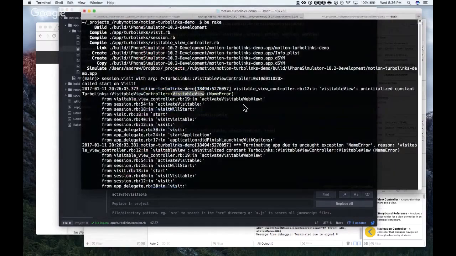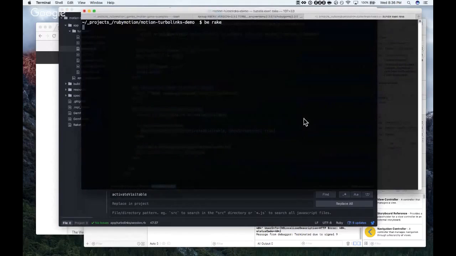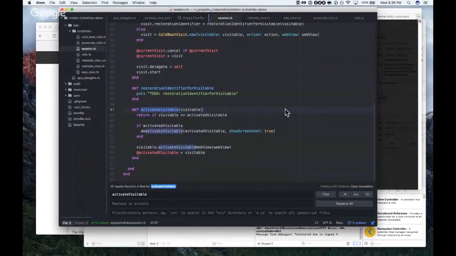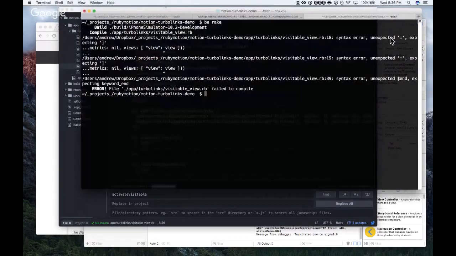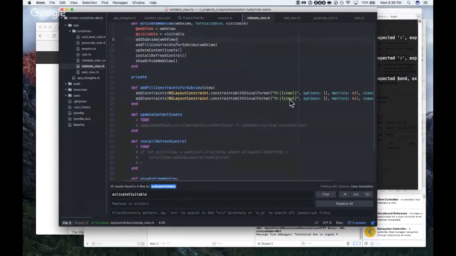And it puts the constraints on it, although I don't think we activated the constraints, so I'm not sure what that'll do. Oh, what do we do here? Syntax error, unexpected colon, in 18. Okay, yeah, this is setting these constraints.